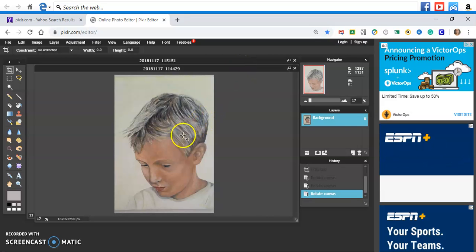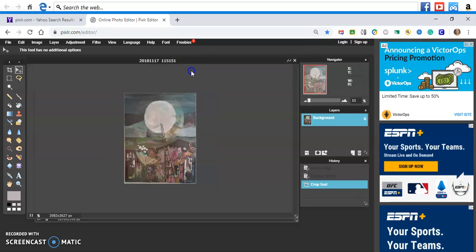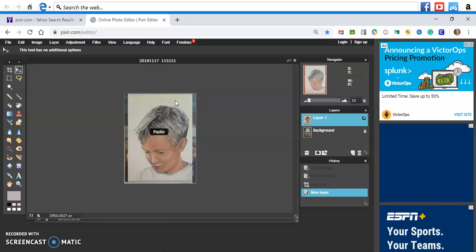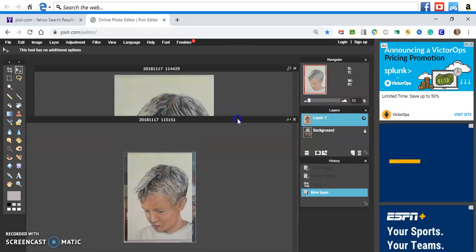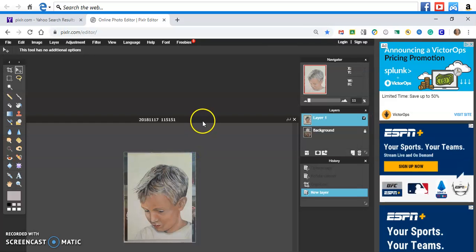So now I want two images to become one document. How I do that is my first one, I'll Control A, select all, Control C to copy, and then I go in my first image and I do Control V to paste, and then there I have my first layer and my background. I don't need this one anymore, it's extra, so I'll just get rid of that to make it more clear